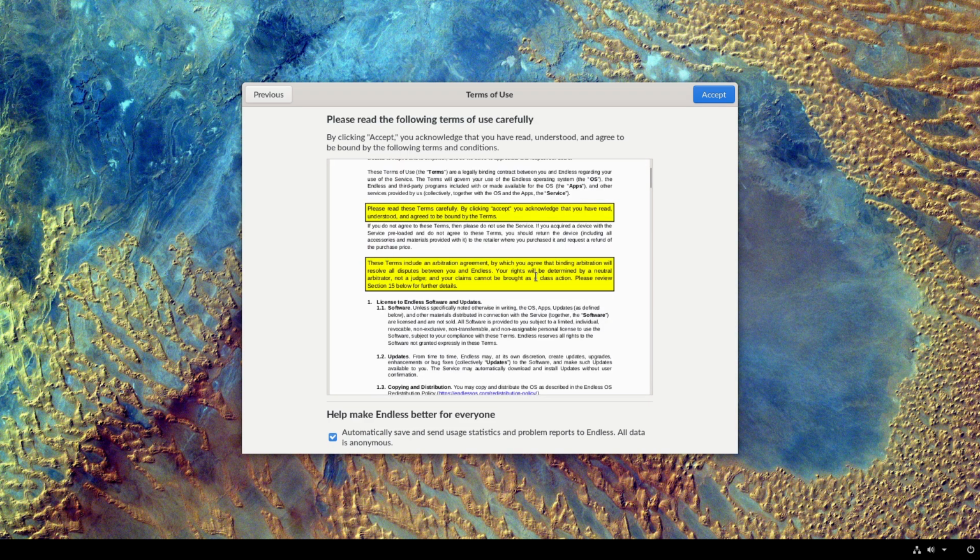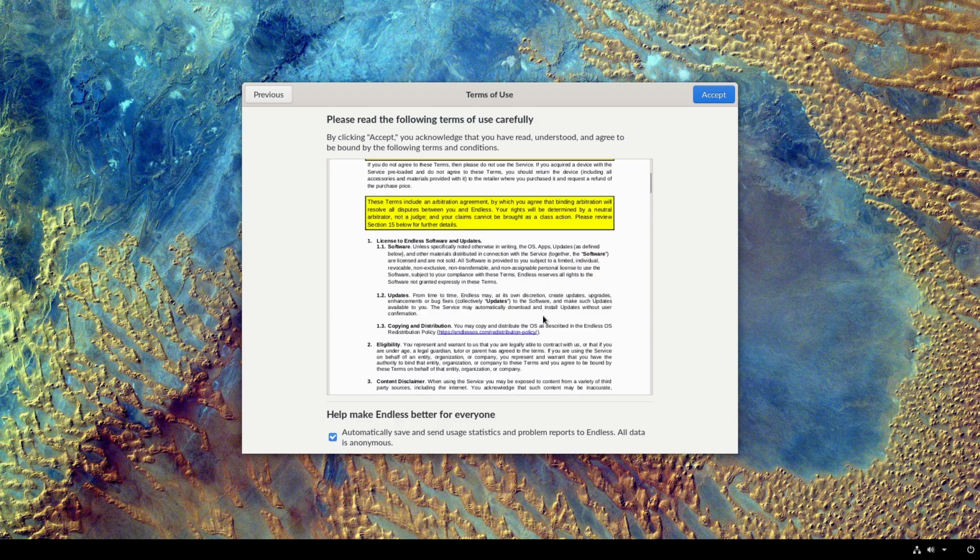First thing is they have a binding arbitration agreement. So no matter where you are, the binding arbitration is in effect. And part of this is you cannot bring any claim against EndlessOS or the Endless company in any form of class action lawsuit, which is interesting that a FOSS application, or alleged FOSS application, we shall say, has such a term.